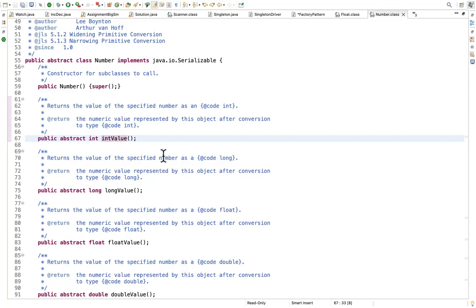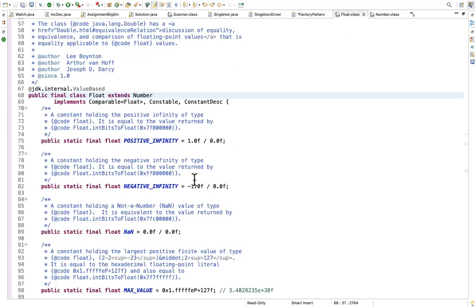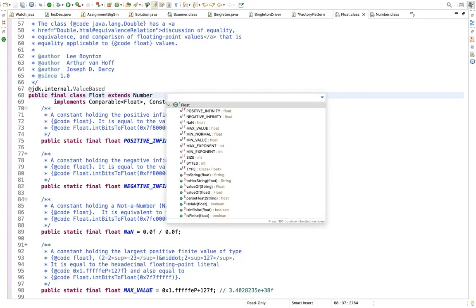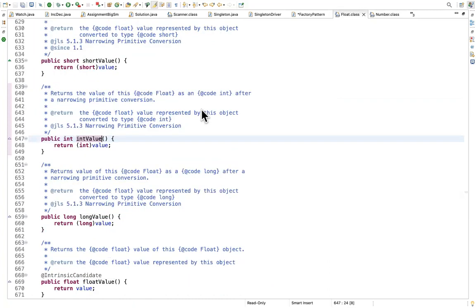Can you go to your Float class now, Kiriba? And just give Control O there. And here, can you just type int, or yeah, click on that. Yeah, if you see here, you have the logic for that intValue here. So they are just taking some value and typecasting it to the integer and returning it as int. Now, can you just give Control and go to that value and see what type of value that is? Is it float or is it int?